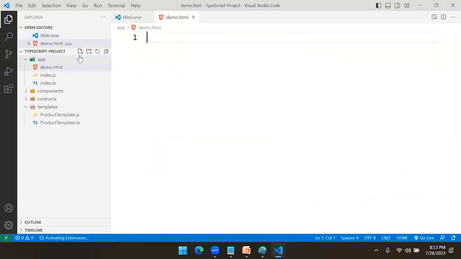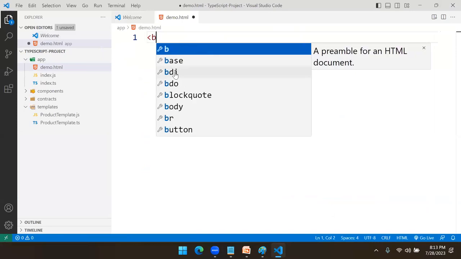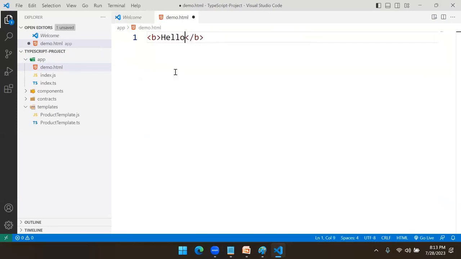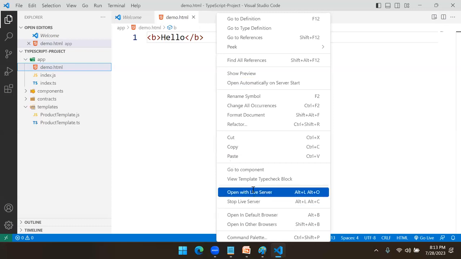Suppose we have an HTML page. In that I kept hello, written in bold. I am not using any hierarchical order, I am not writing any order. I have written only bold. Now, when I run this in the browser,